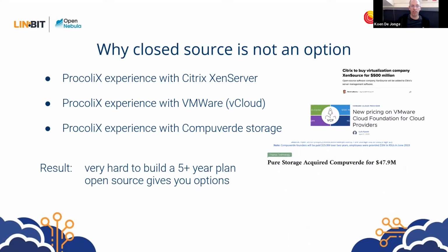And that worked quite nice. We saw that it was a good system, and we bought into it. We spent 30,000 euros on licenses for Xensource servers. And then it got acquired by Citrix 2 months later. And 4 months later, Citrix announced that all the stuff we bought licenses for was now freely available. And there was nothing we could do about it. Then a few years later, in